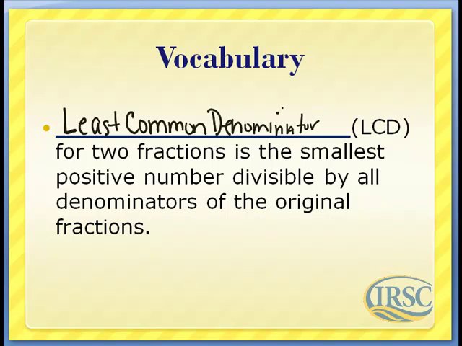But the reason why they're saying least common denominator, because your answer is going to be in the form of a fraction. Least common denominator for two fractions is the smallest positive number divisible by all denominators of the original